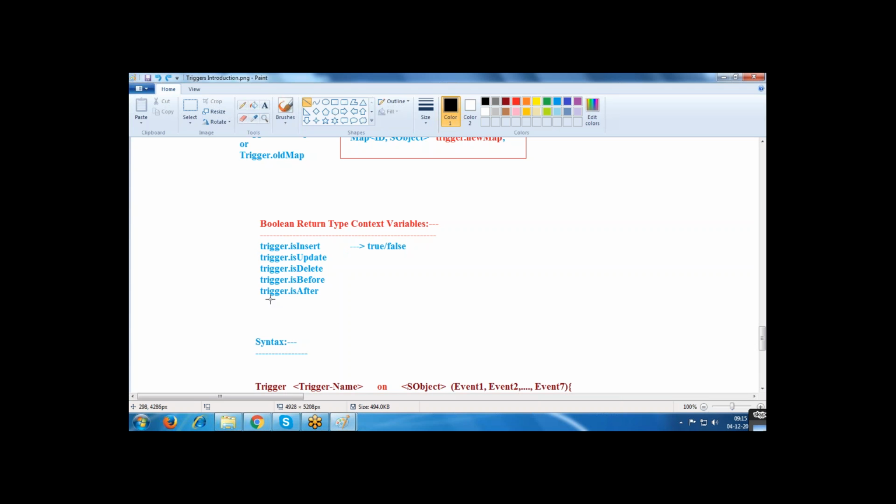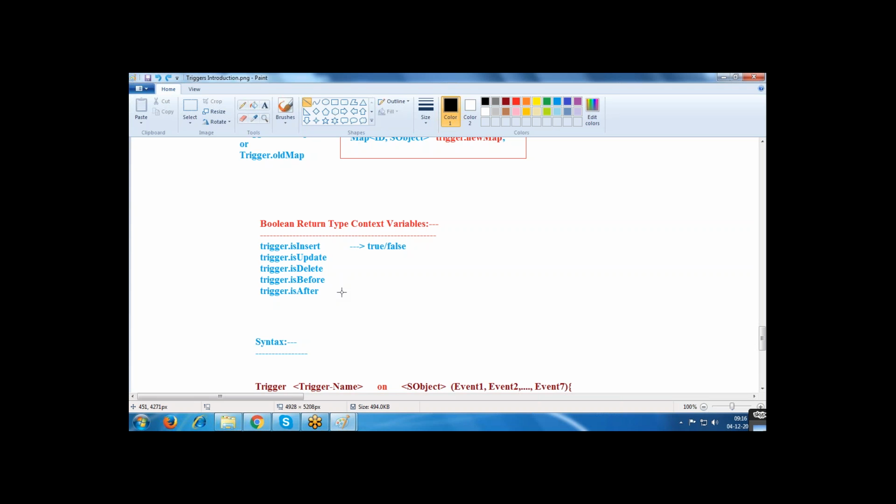If your operation is insert, then trigger.isInsert returns true, otherwise it returns false. If your operation is update, then trigger.isUpdate returns true, otherwise false. Whether it is a before operation, then it returns true. If it is after insert, after operations, then isAfter returns true.